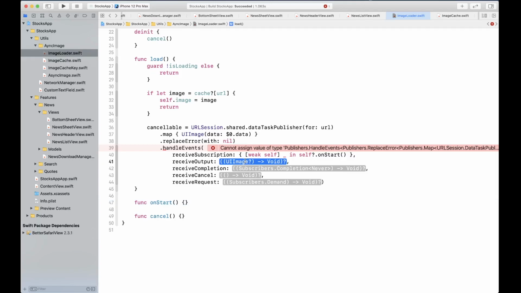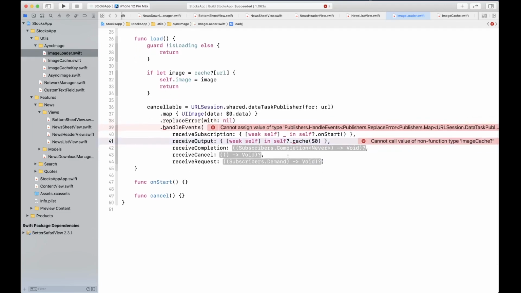For receive subscription, we're going to say onStart, and for receive output, we're going to store it in the cache. So we are once again going to get a weak reference for self, and we're going to say cache should store the first parameter that's been received, which is going to be the image that you have received. All right.